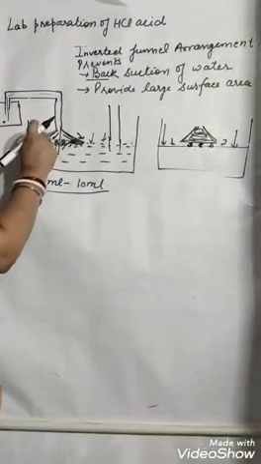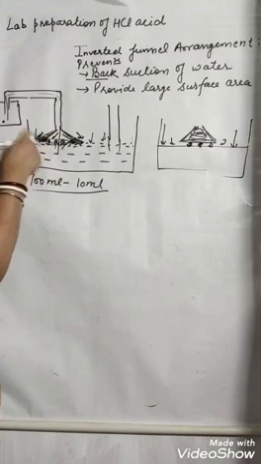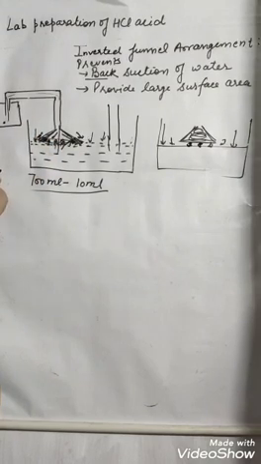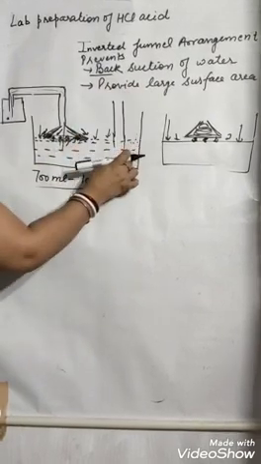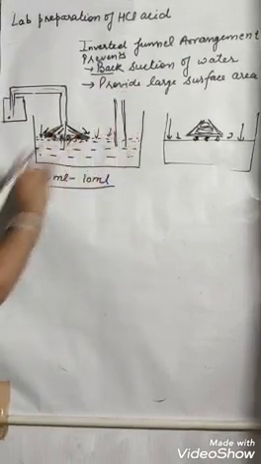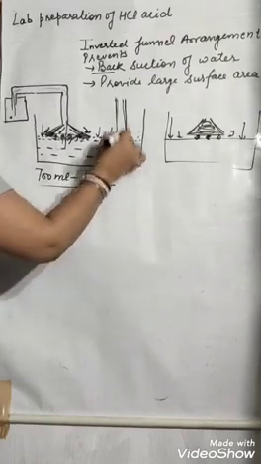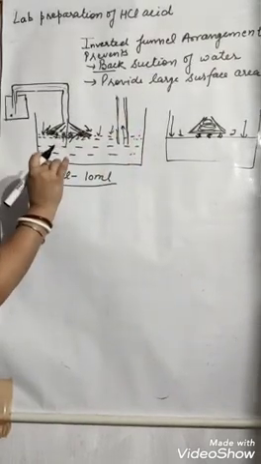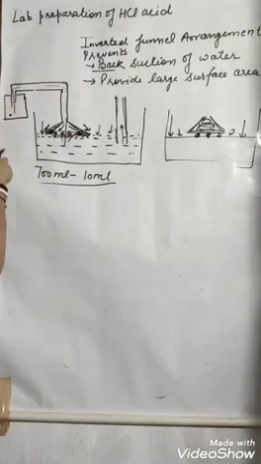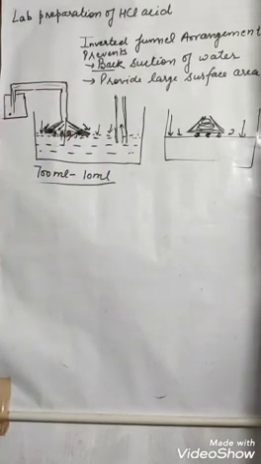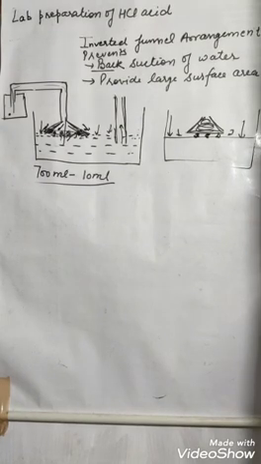If in place of this inverted funnel we have used a single capillary, a narrow glass tube, what happens? Back suction will take place because it will fill very quickly. The water will go into the generating flask, where we are using concentrated H2SO4. Heat will be produced, an explosion may take place, and the reactant will also get destroyed.